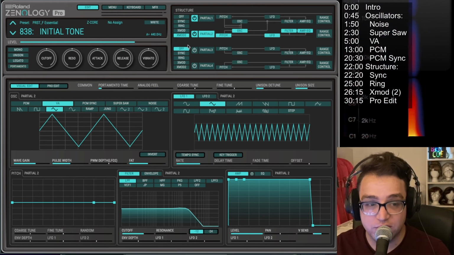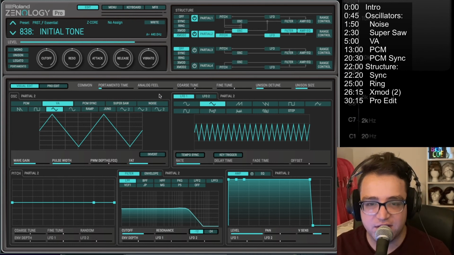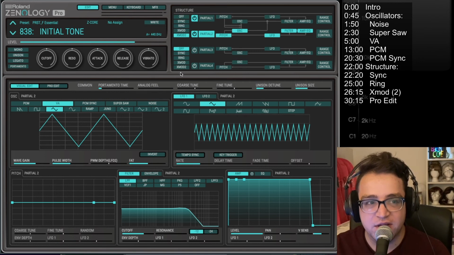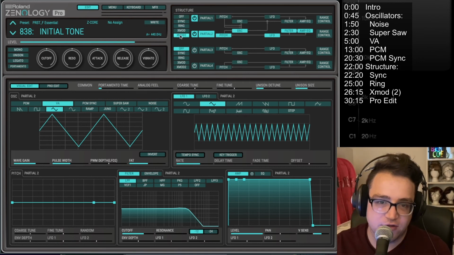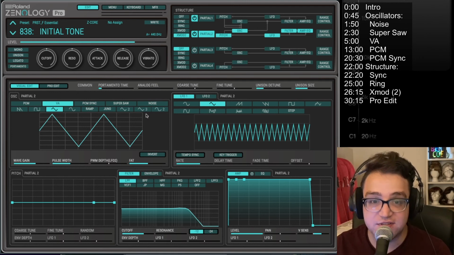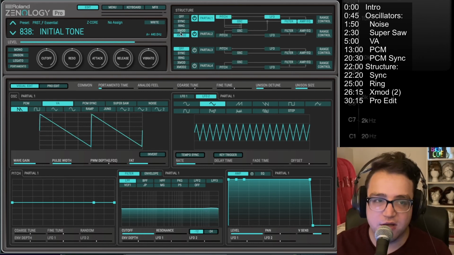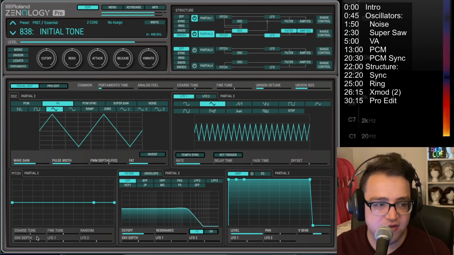Xmod 2, as near as I can tell, is basically FM synthesis. And I have an FM synth pack for the Roland MC101 and VerseLab and whatever else you might want that on. It uses Xmod 2, and it works just like FM synthesis, which is to say, when you go up here on partial 2, that raises the frequency of partial 1. So that makes a lot of weird, neat sounds. And again,